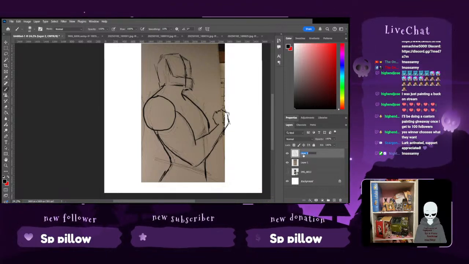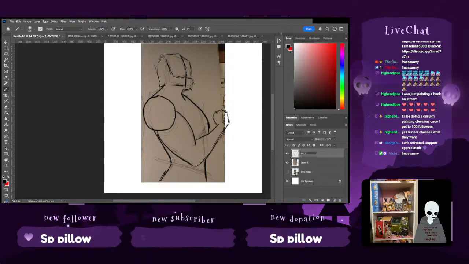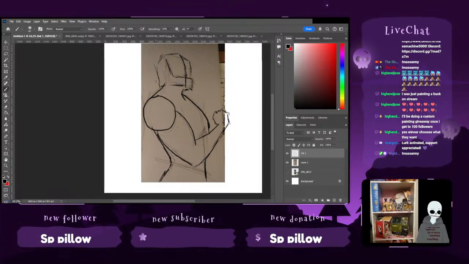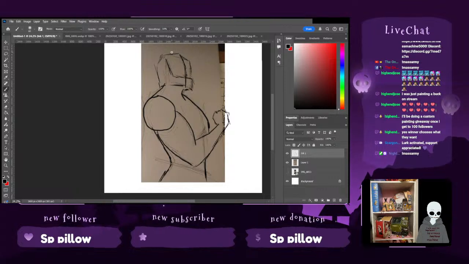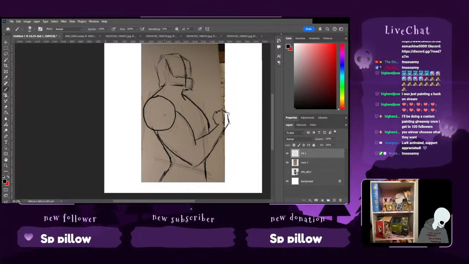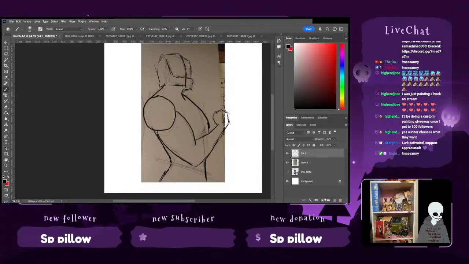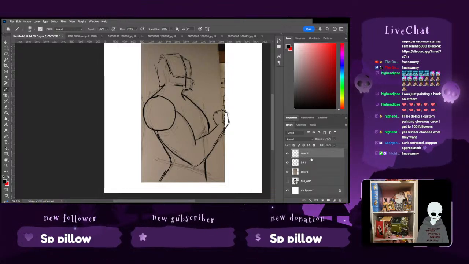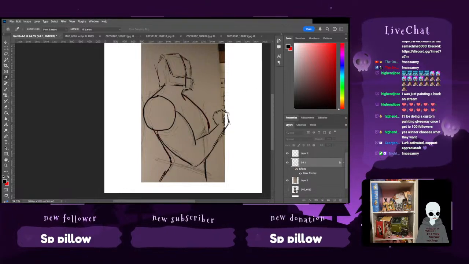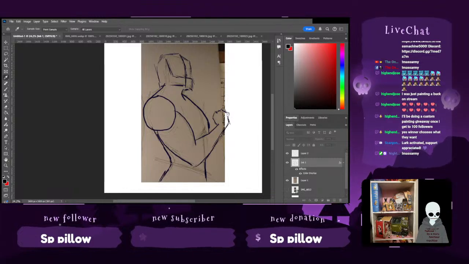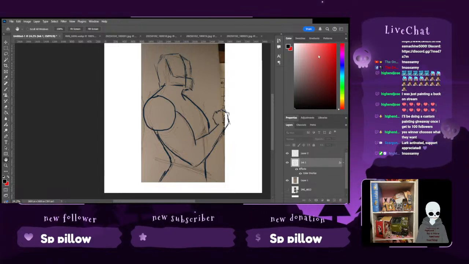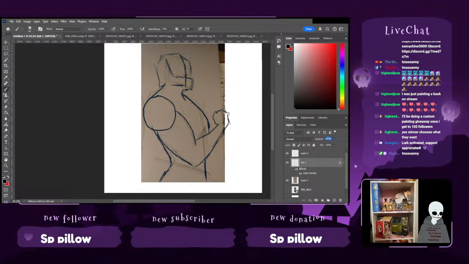Okay, so this is ink one. Yes, ink one. So yes, I do in fact really like this blockiness for the face, but this is all much too soft for a cyborg. So we're gonna do some other thoughts for that. Let's give you an overlay, just a light blue, and we can give it a lighter opacity.